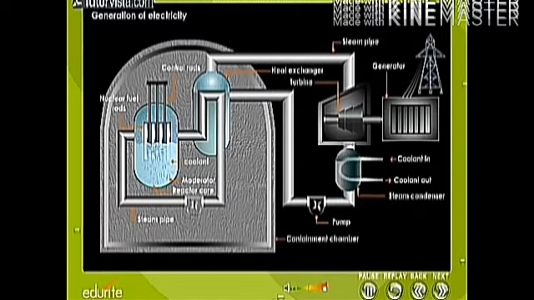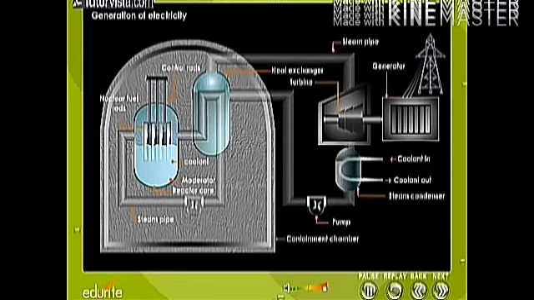How does a nuclear reactor work and generate electricity? A nuclear reactor works based on the principle of nuclear fission reaction. When neutrons strike uranium-235 in the fuel rod, it splits into krypton and barium, and also releases two or more free neutrons. The control rods absorb the excess neutrons, leaving only one neutron to continue the next nuclear fission chain reaction.